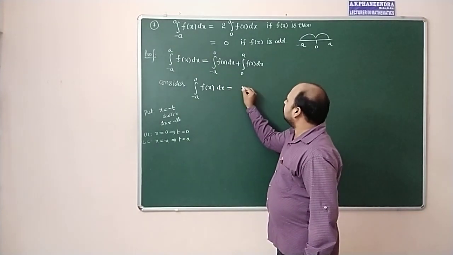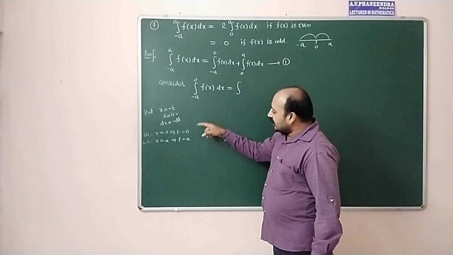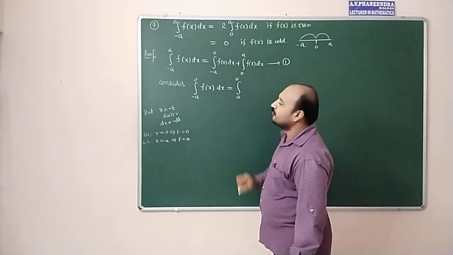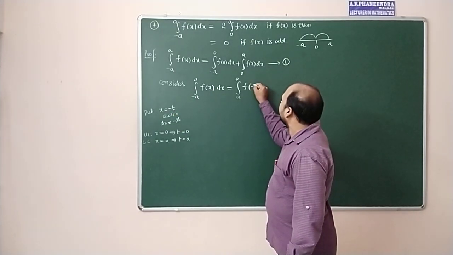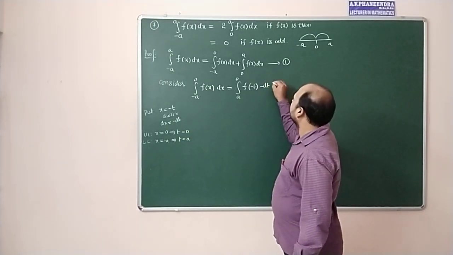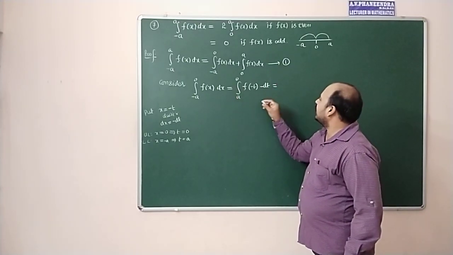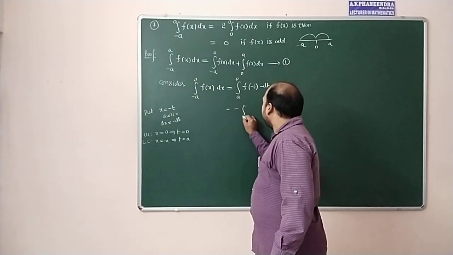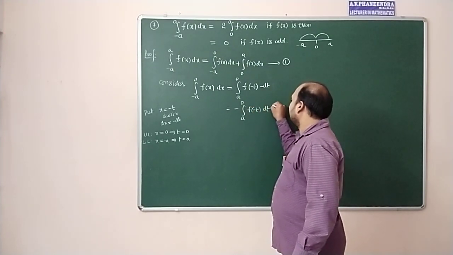This integral will become, you put that equation number 1, the integral with limits changing from lower limit to upper limit, a to 0, of f of, in place of x what you have to replace, -t, into, in place of dx, -dt. Which is also equal to, the minus we can take outside, minus the integral from a to 0 of f(-t) dt.